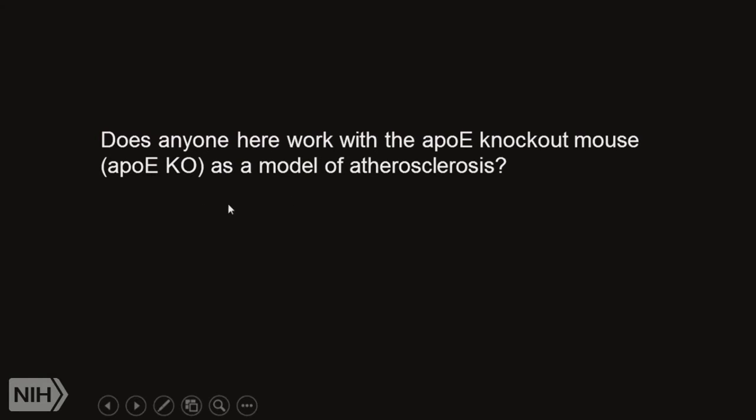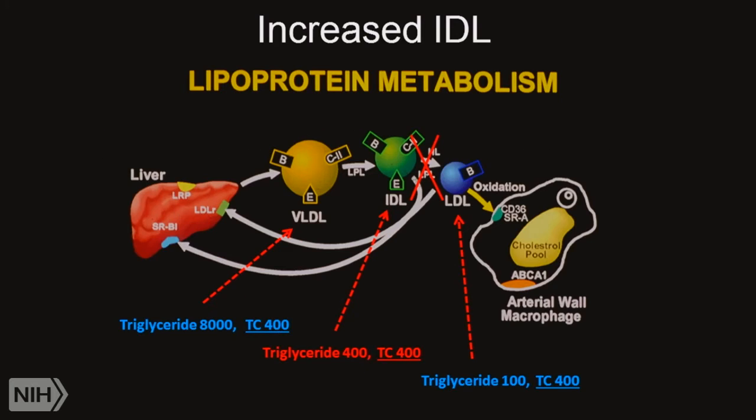So the next question is, and I'm sure the answer is yes, do any of you work with ApoE knockout mice? I'm sure there are probably some, you may not even realize it, but it's the most common, I think, mouse on campus and used in research. And this is the human model of the ApoE knockout mice. And that's if you have a defect here, your cholesterol and triglyceride are going to be equal. So ApoE is an important